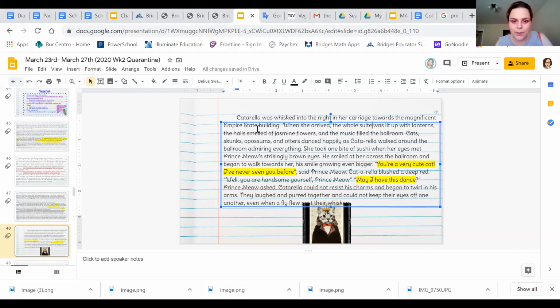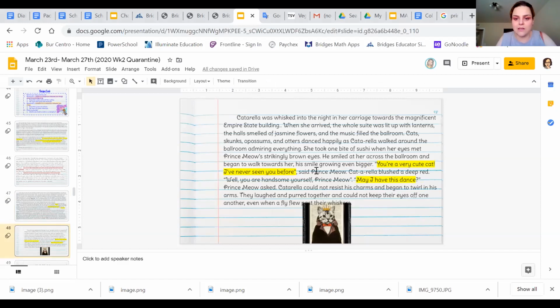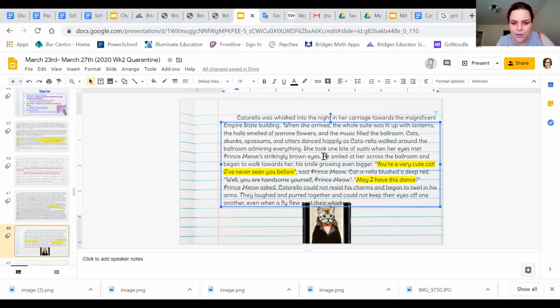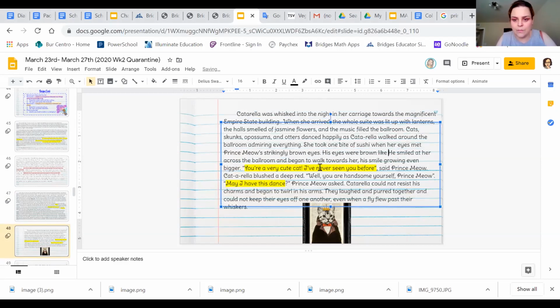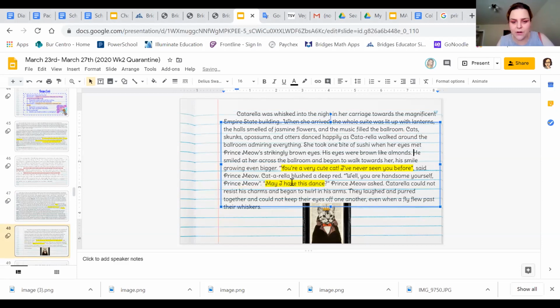Cats, skunks, possums, and otters danced happily as Catarella walked around the ballroom, admiring everything. She took one bite of sushi when her eyes met Prince Meow's strikingly brown eyes. His eyes, here's where I'm going to add a metaphor. His eyes were brown like almonds. He smiled at her across the ballroom and began to walk towards her.